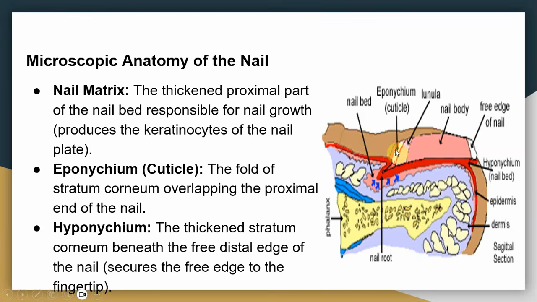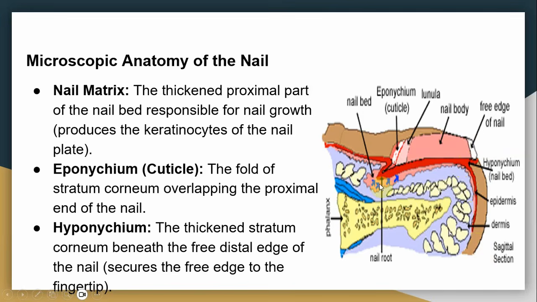Then is the eponychium or the cuticle that is surrounding the fold of the stratum corneum. This is overlapping the proximal end of the nail. Okay. So the proximal end of the nail here, this is the eponychium. Then is the hyponychium. This is the thick part. The red one is the hyponychium, the thick stratum corneum that is beneath the free distal edge of the nail. Okay. सो ये सारा पार्ट यहाँ से ये स्टार्ट हो रही है आपकी एपिडर्मिस एंड देन हाइपोनाइकियम जो कि कॉर्नियम की ही लेयर है एंड दिस इज बीनीथ द फ्री डिस्टल एज ऑफ द नेल।